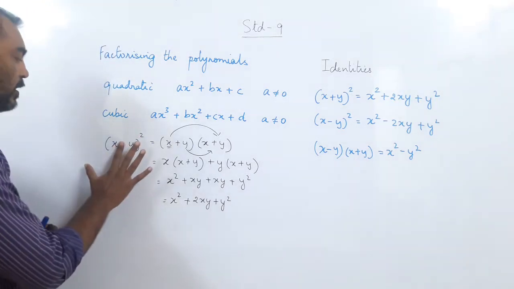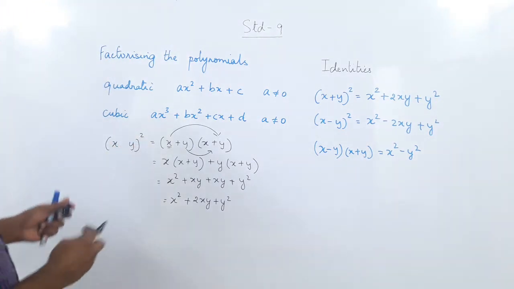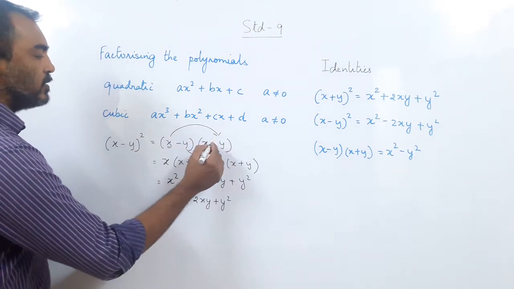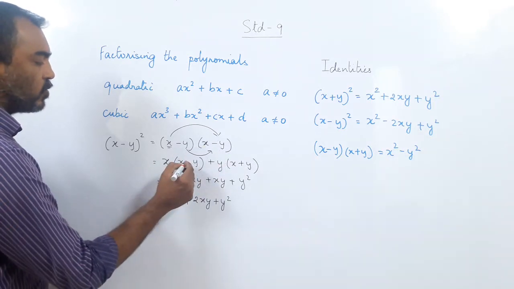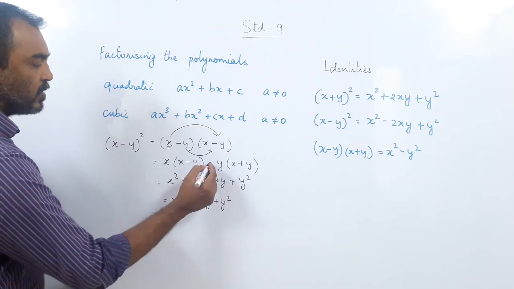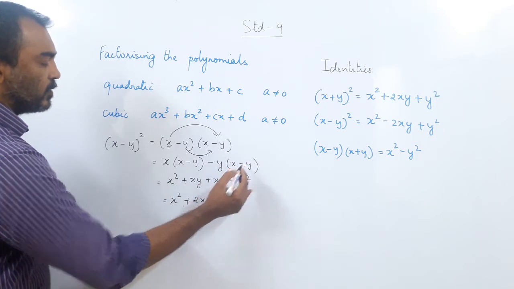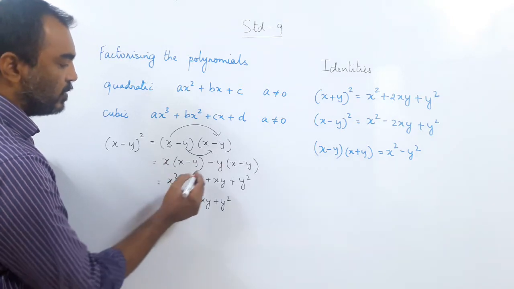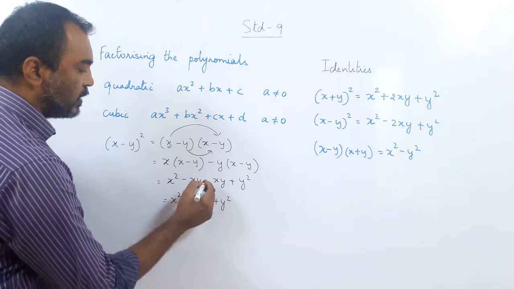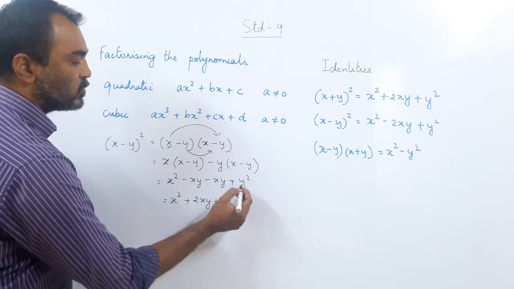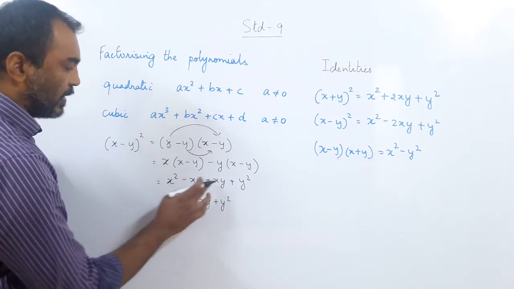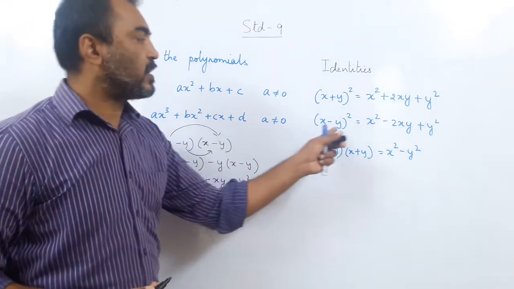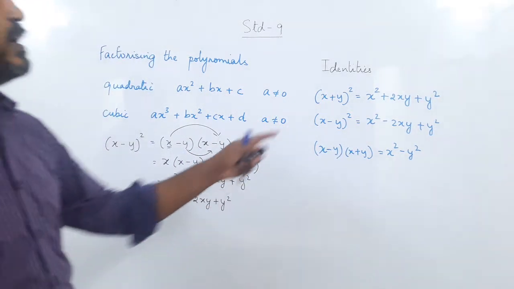Okay. In case we had a minus here, I'm not going to write the whole thing again. If there was a minus here, this should have been a minus and a minus. So we have x into minus y, and this is the minus here, so the sign comes minus, and minus. So x into x is x square, x into minus y is minus xy, minus y into x is minus xy, but minus y into minus y is plus y square because the square is positive. So we get minus xy minus xy, so here it becomes minus 2xy. Nothing else changes. So we got the second identity, x minus y the whole square is x square minus 2xy plus y square.